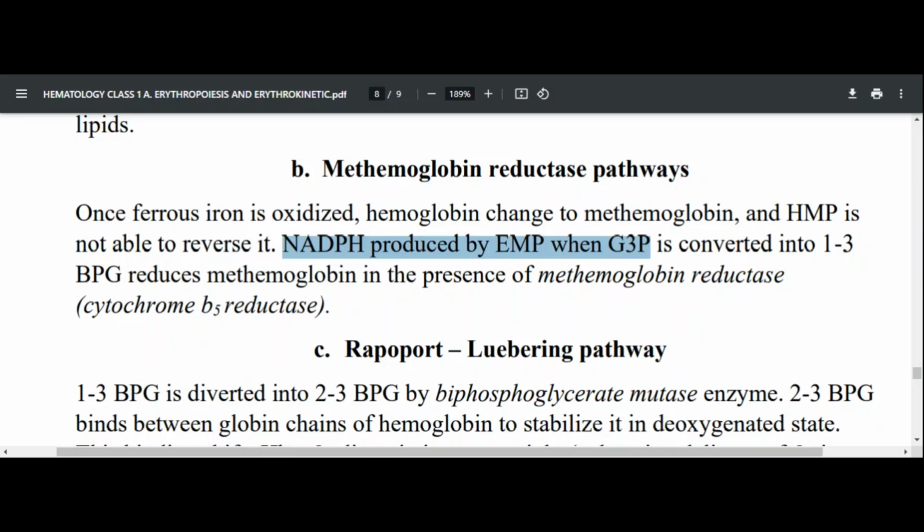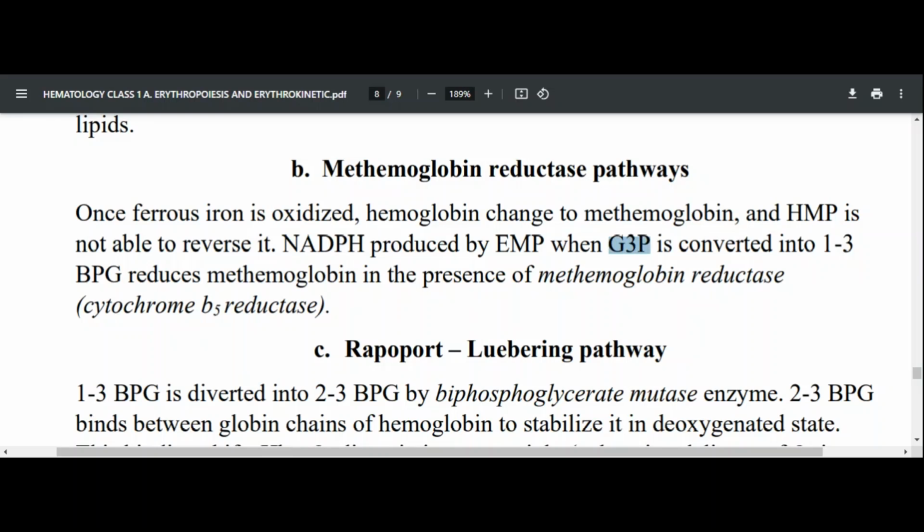NADPH produced from glycolysis when glyceraldehyde 3-phosphate is converted into 1,3-bisphosphoglycerate, which reduces methemoglobin in the presence of methemoglobin reductase, right? Very, very crucial pathway. So this happens when